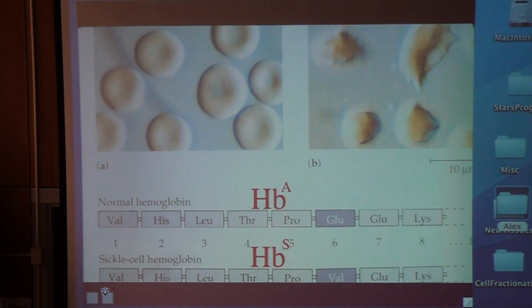There's another allele which is codominant called HB^S for the sickle cell version of that, and the difference is there's a small change in the nucleotide sequence, which leads to 1 amino acid out of the 146 being changed, but